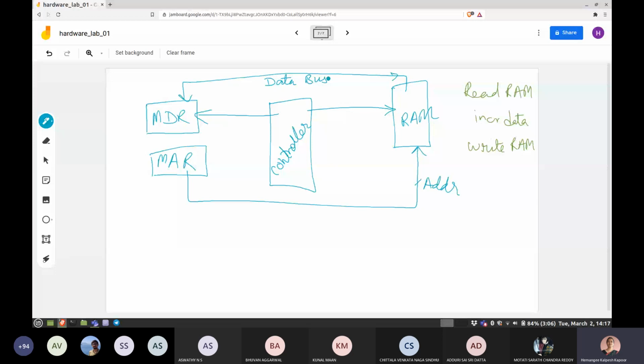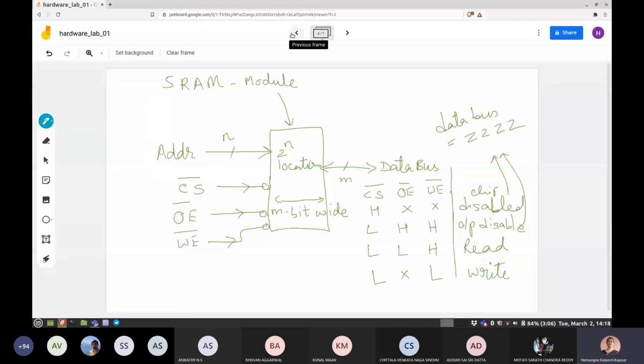First, it has to read the RAM. For doing this, it has to appropriately send the signals to the RAM module. In the previous slide, the RAM module is designed, and to read the RAM, what will you do? You have to give the appropriate address. Then the chip select has to be done, and the output enable has to be activated. Once you do these three, the RAM read operation can be done.